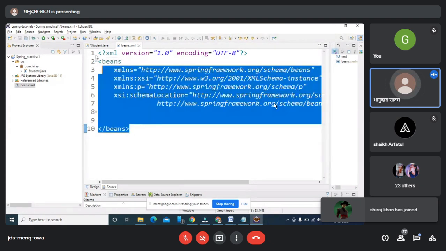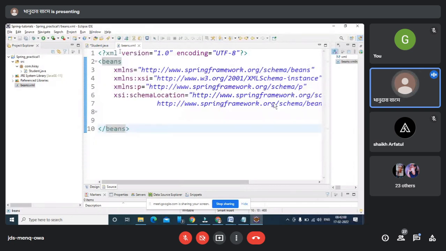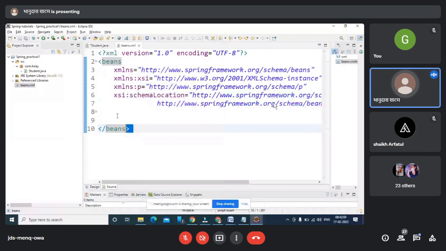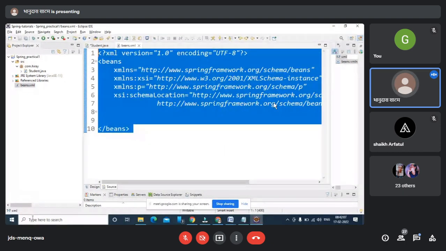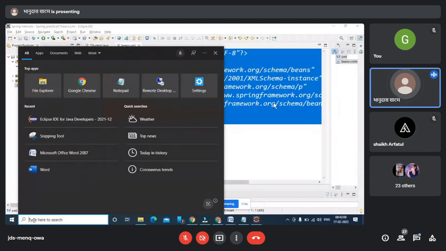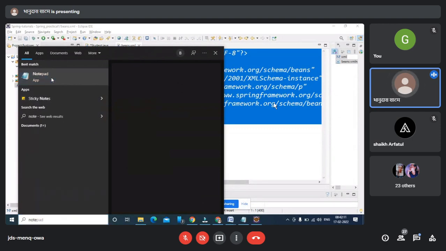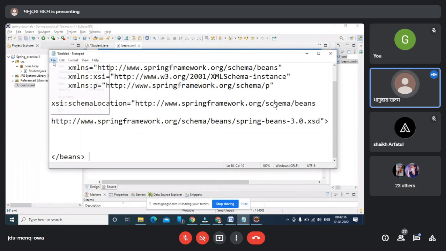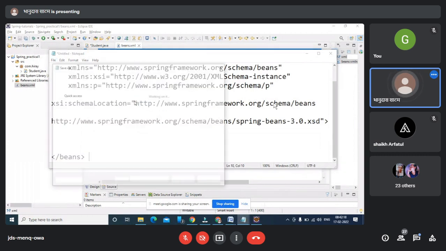So I'm just copying it, and you can give any name to that XML. It is not compulsory to use the same name here. So I'm choosing a notepad and just placing my XML file. Okay, so this is my XML template here.